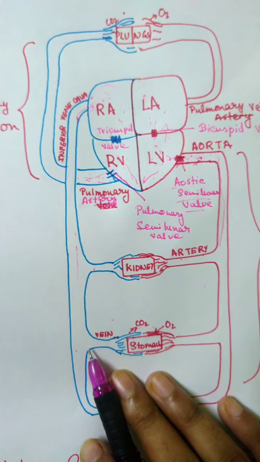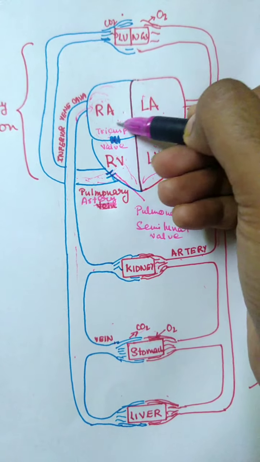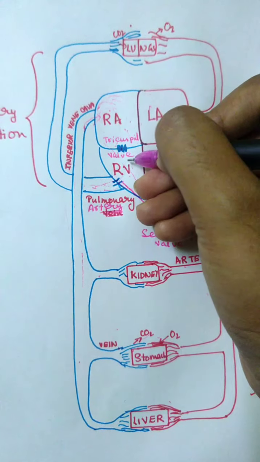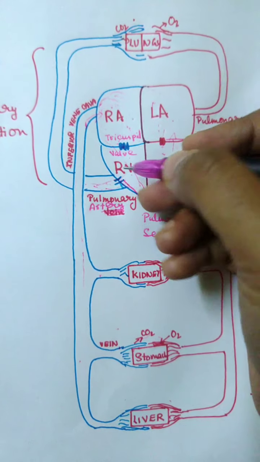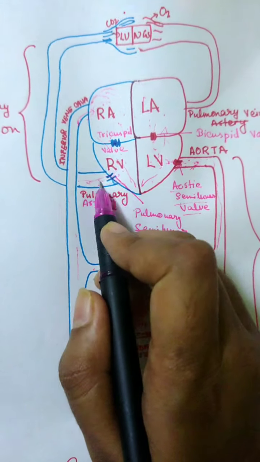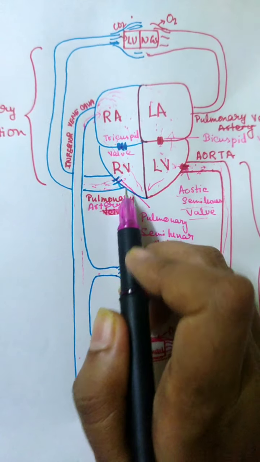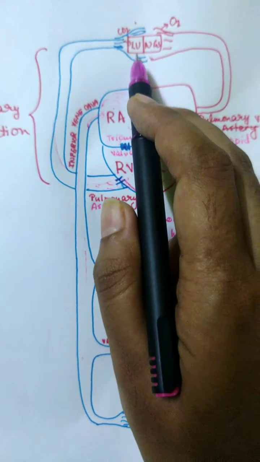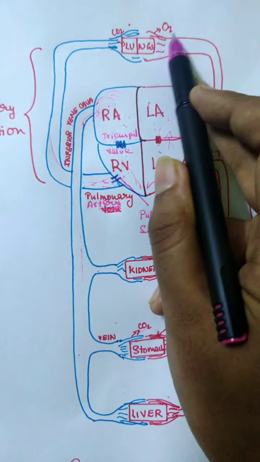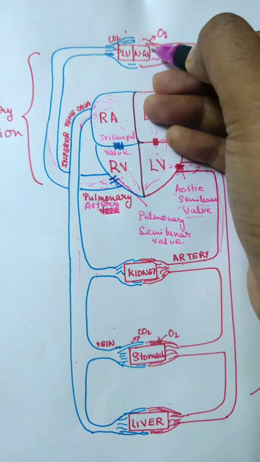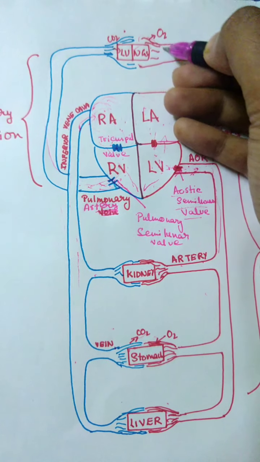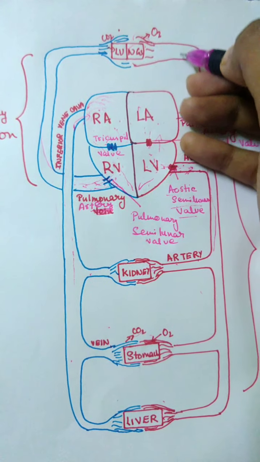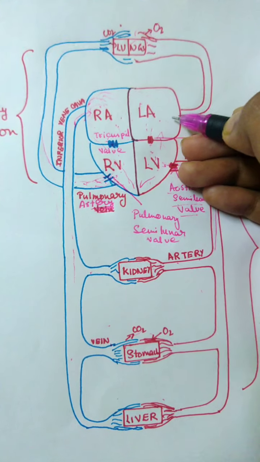Another circulation takes place simultaneously. The right atrium forces down the blood to the right ventricle. This blood is deoxygenated, which is received from the body. The right ventricle gives the blood to the pulmonary artery. This pulmonary artery takes the blood to the lungs so that it can give out carbon dioxide and take in oxygen. When oxygen is taken in, this blood becomes oxygenated. This oxygenated blood is carried down to the left atrium of the heart